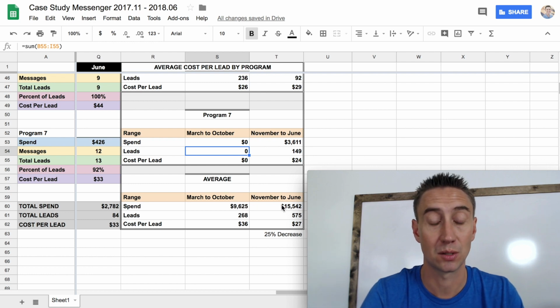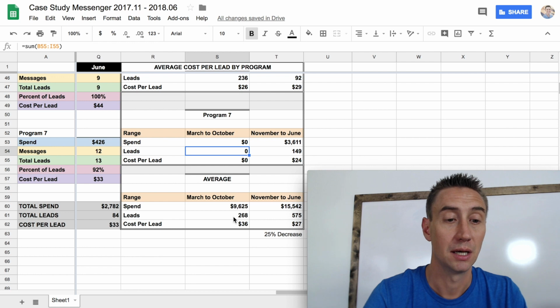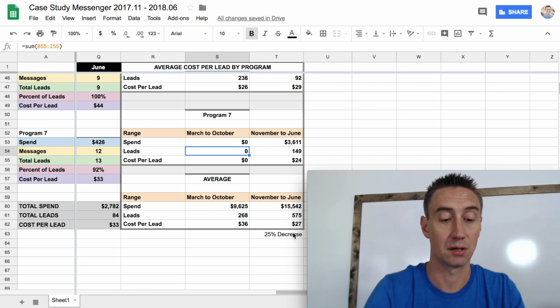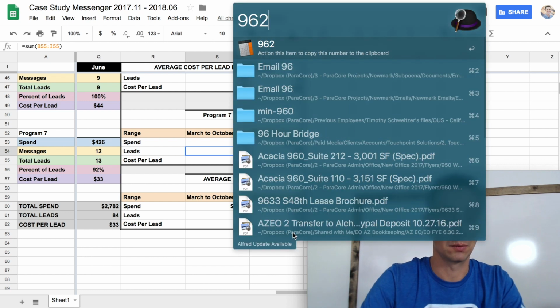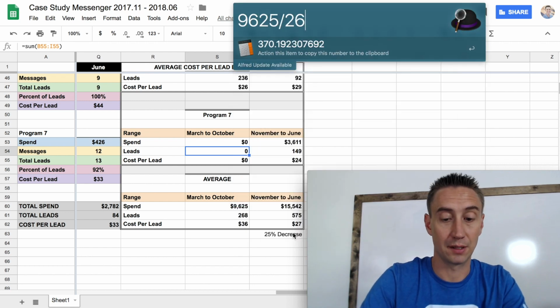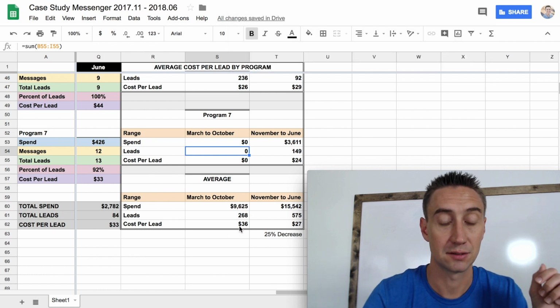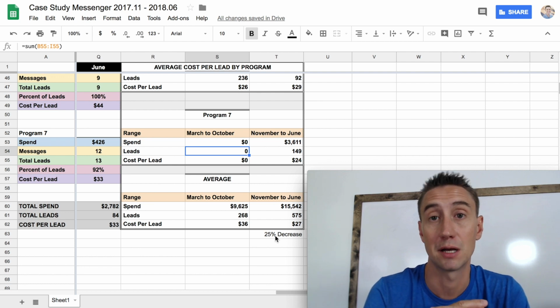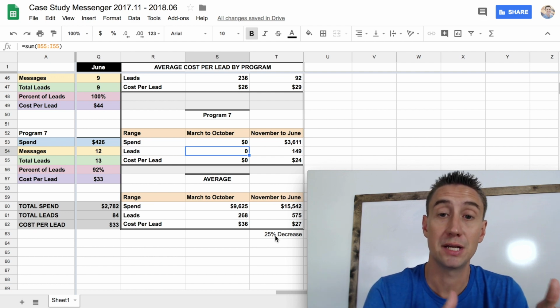We did increase the spend quite a bit for the time period. The number of leads is 268,575, and the cost per lead dropped 25% across all campaigns. And I'm actually going to just confirm one thing here. Yeah, $36. So $36 cost per lead, and so it dropped 25%. So over all the different campaigns, we had a 25% drop in cost per lead just by changing the format